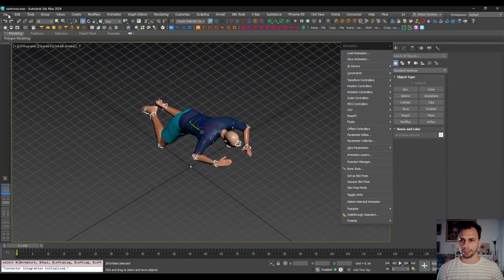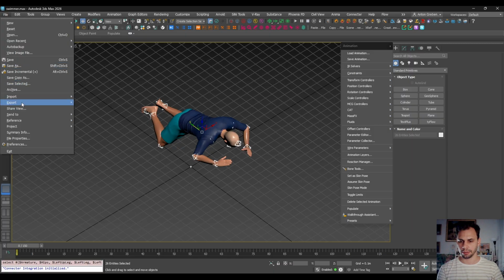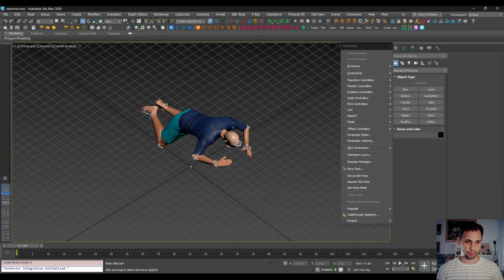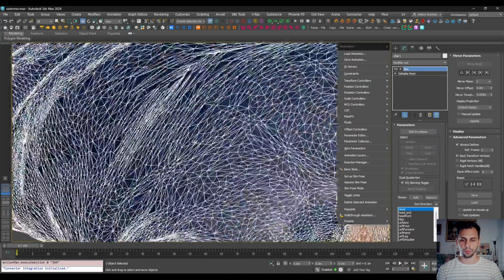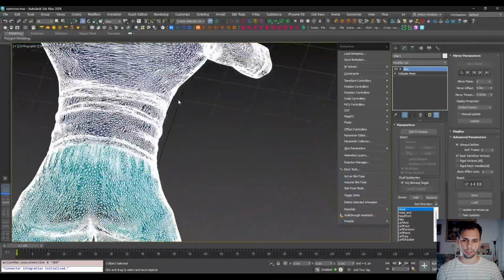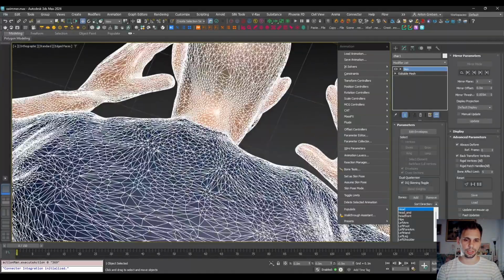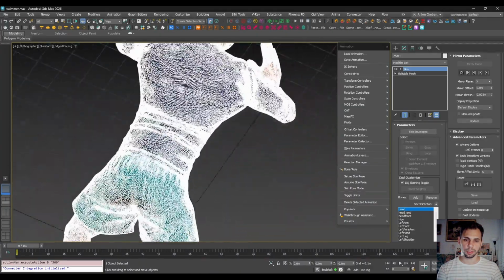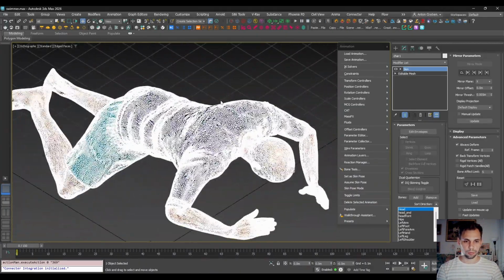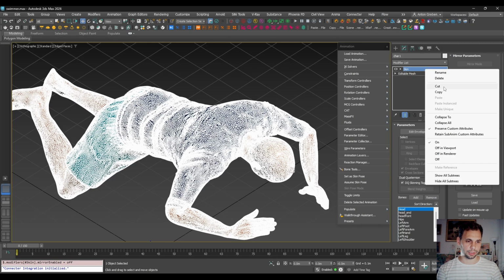And now I can export this as a separate file. So export selected. Yep, one more thing I wanted to talk about before exporting is lowering the polygons, because let's say one character like this is okay, but for a crowd you definitely need a lower poly version. So how I did that previously is selecting the skin and cutting out the modifier,